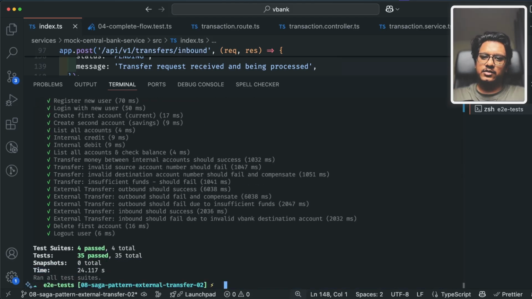Okay, so that wraps up how we extended our Saga-based distributed transaction system to support external transfers, all while building on the same architecture. If this breakdown helped you understand how real-world systems handle cross-boundary transactions,